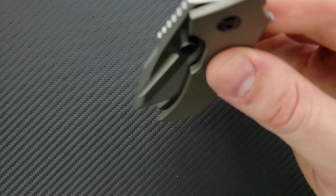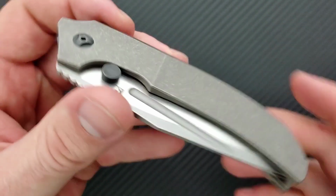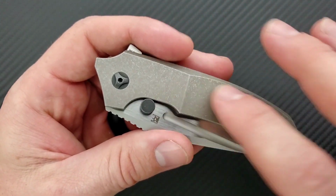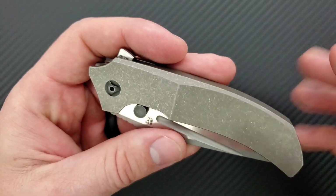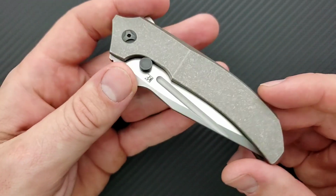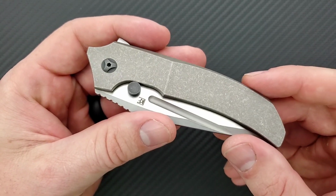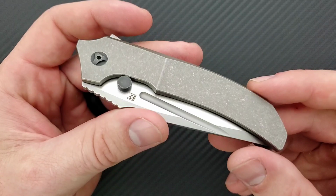But the handle scales are very plain. Honestly, I would have liked to see something else happening here, whether they do a faux bolster thing and some texturing and they shadow box it with this outer bevel or something. I don't know. I wanted to see something. When I handled this, that was my first thought: it's nice that it is plain, but I kind of